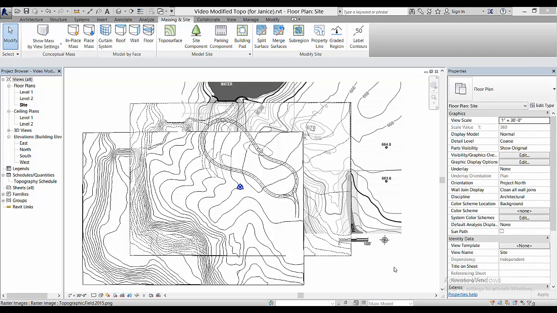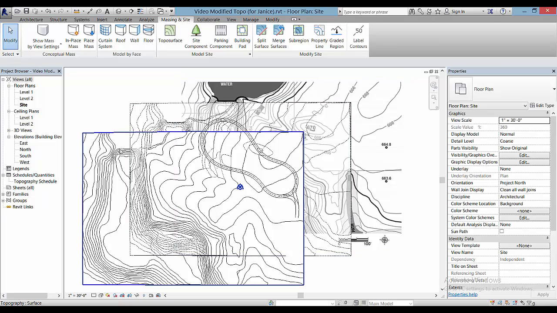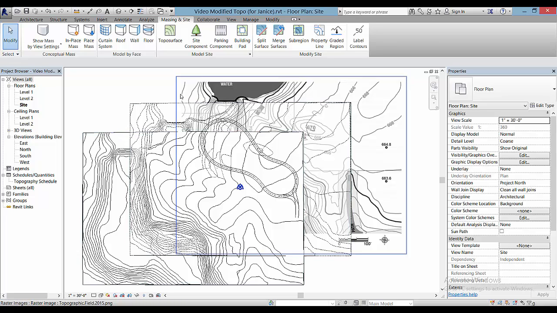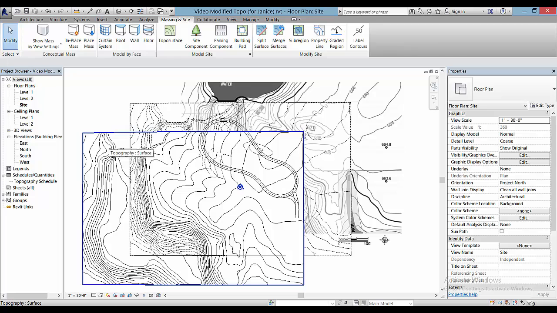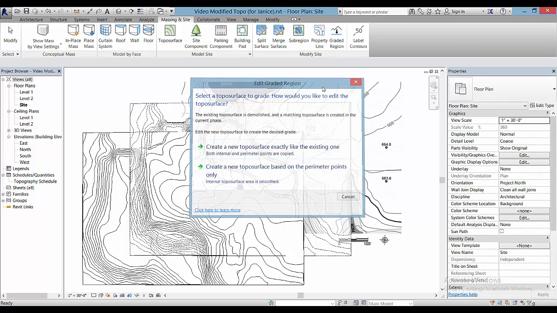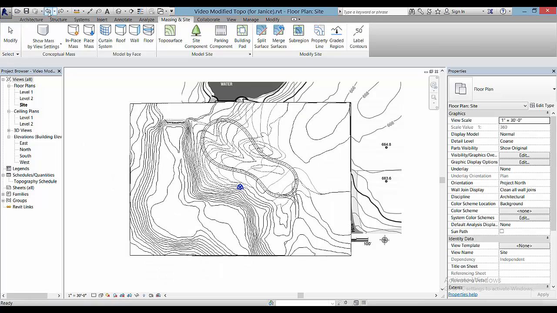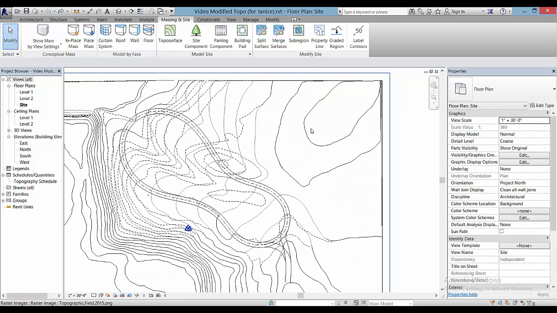As most of you probably already know by now in your class discussions, there are three different layers within this file. One is the image itself, and then the topography that was created possibly from that image, and then using graded regions, there was a new topography that was created underneath the original one for existing contours, which is great because then when you're grading and